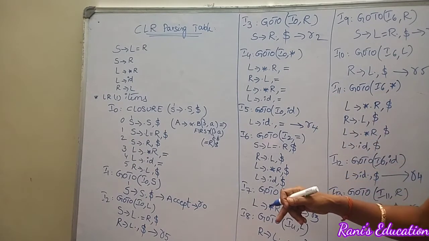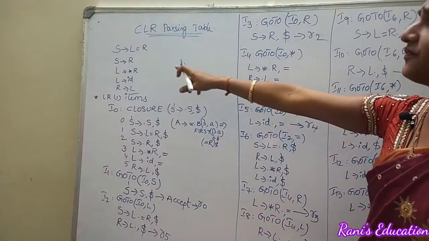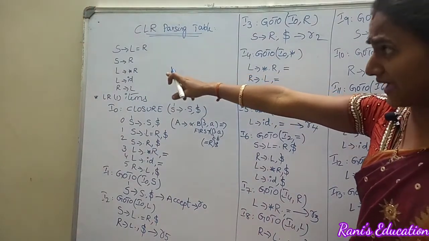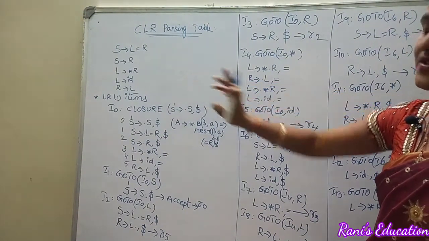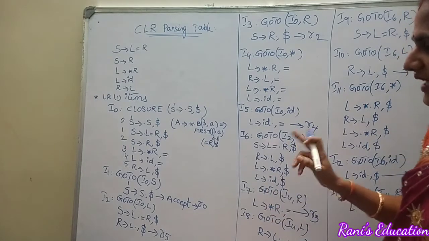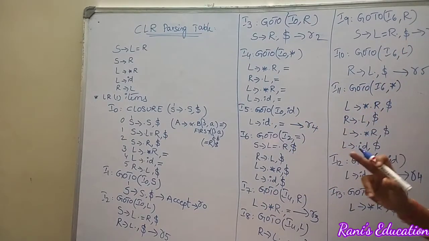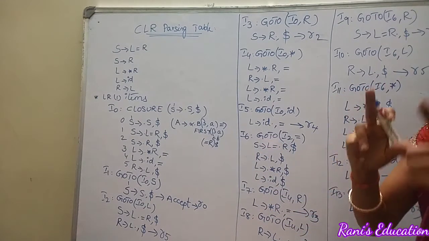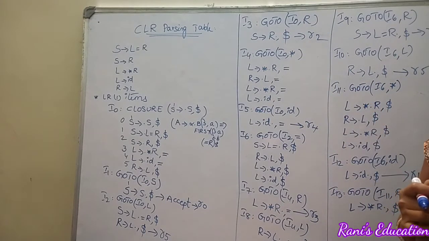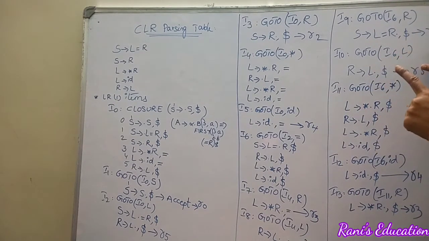Now we can observe what the follow of the grammar symbols defined in the actual grammar is. What is follow of S? Follow of S is dollar only, isn't it? Did we get the reduction number R1 more than once in these items? We got R1 only once, right? That means for the starting symbol of the grammar, the look ahead, or follow of S, is dollar only.